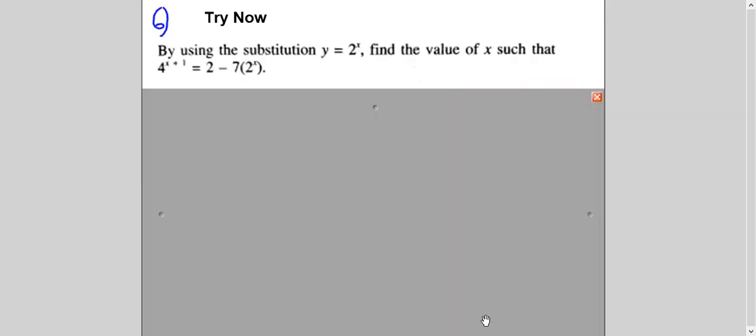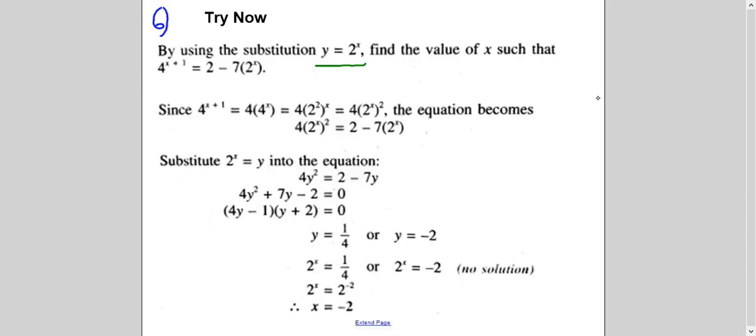Let's see the third last or second last. Now this one I'm not going to explain to you. This one I have put up here just for you to try. So you put the video on pause, try it yourself. This is the equation given to you, and this is the substitution you can take. So in this question, you are given what substitution you can take. So the only hint before you put the video on pause: you will break it up and then 4 will change into 2 power 2. Okay. So I will not explain this question. I'll show you the solution and you will compare it with your working. Okay, put it on pause. I'm going to show it to you. First, you try yourself.